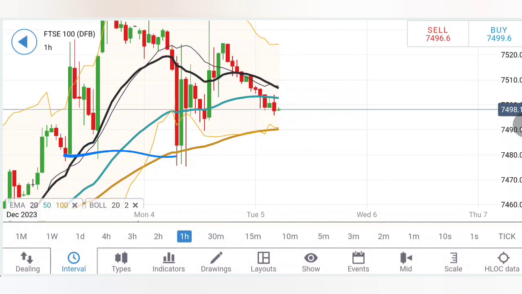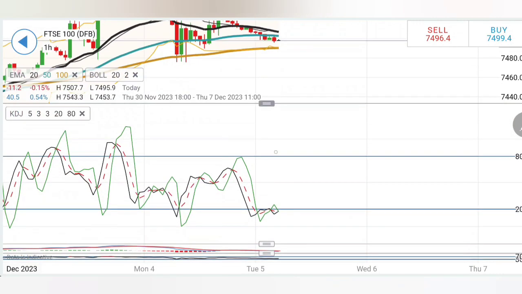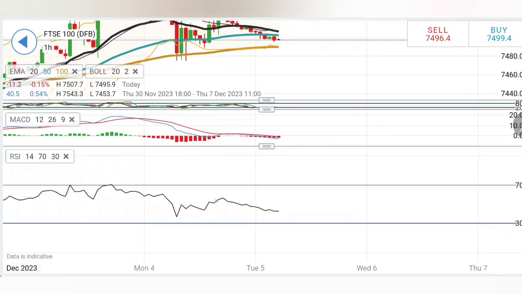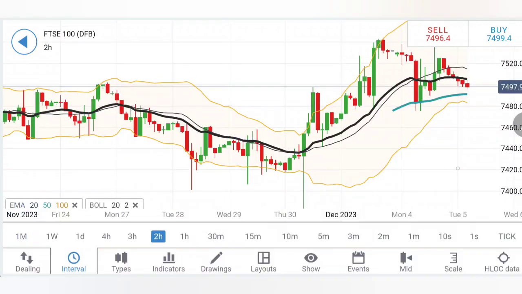We have to wait for it to stay below 7,480, or closer of one of the candles below 7,480, in order to confirm further drop. Stochastic oversold, MACD bearish, RSI is flat. On the 2-hour,